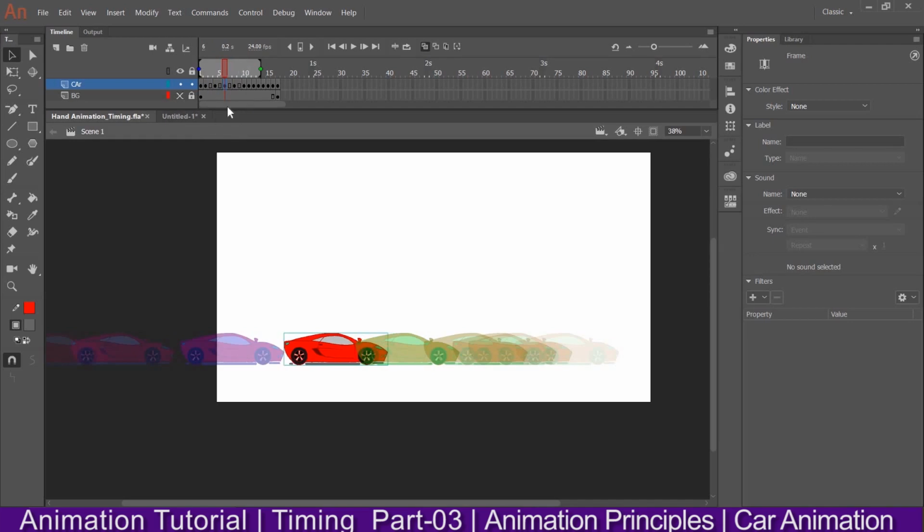I am adjusting in the timeline as well as in the drawing, so please observe carefully how I am doing. This is okay, I think, but I can make it a little closer to the end. Okay, again closer to the end. Closer to the end.